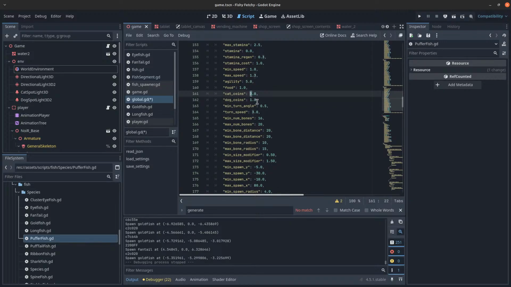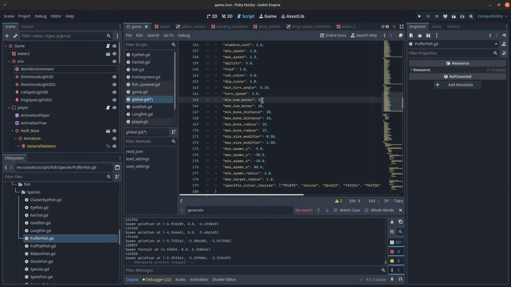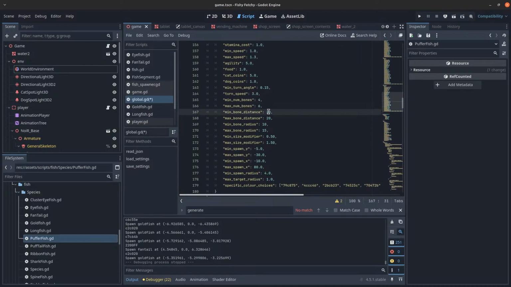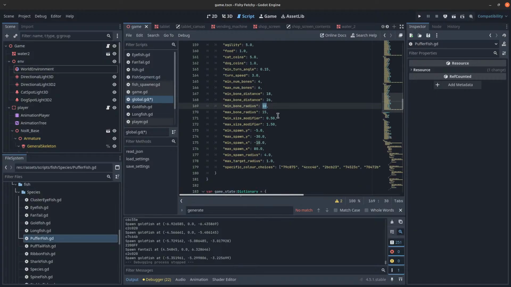Let's make the cat actually like this one more, for arbitrary reasons, I guess. Min turn angle 15, speed of 3, turn speed of 3. Number of bones 4 to 6. Distance at 18 to 26. Pretty big range, but they need a lot of spines potentially, so